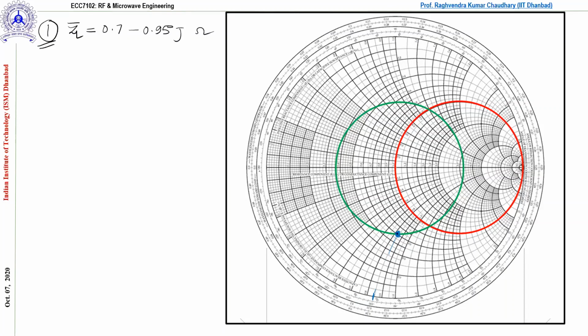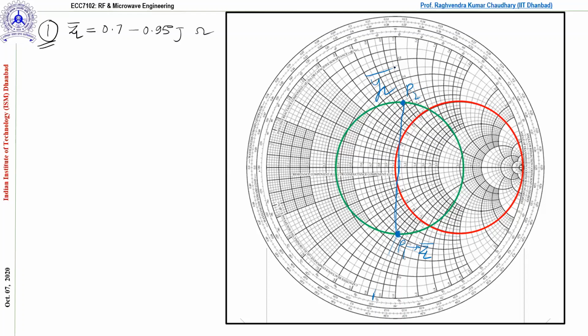Please try to mark over the Smith chart. So this is point P1. Let us make it P1, and this is actually ZL bar. Now, from the properties of the Smith chart, we know that if you move 180 degrees, we will be reaching the point which represents the admittance point, correct? So better to just draw a line like this. You will be reaching here. So this is P2 and this is YL bar.